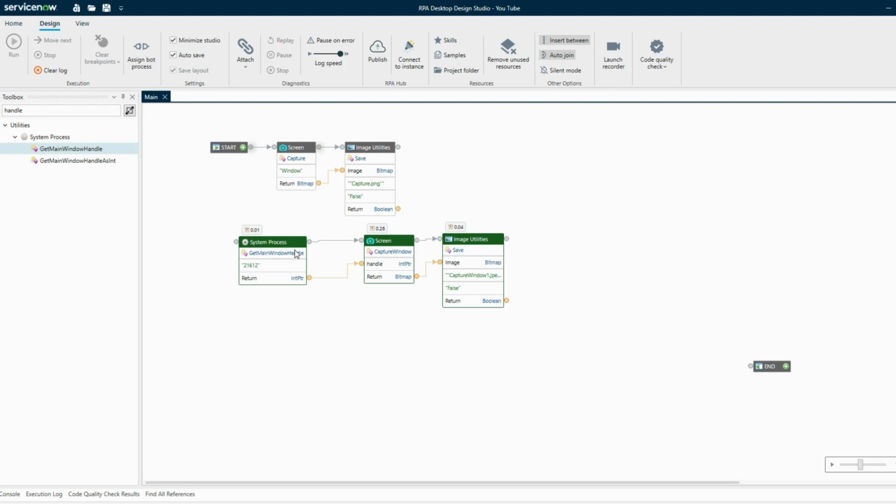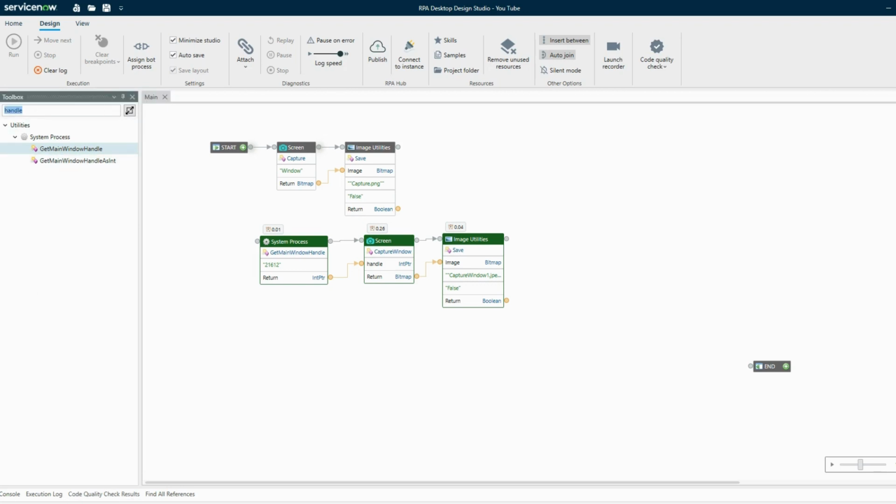So I cannot think of any practical example of this capture window, but it can be useful when you have your process ID in hand, and just providing the process ID, it can take the screenshot. The most useful component would be capture, because it captures a window irrespective of any input.